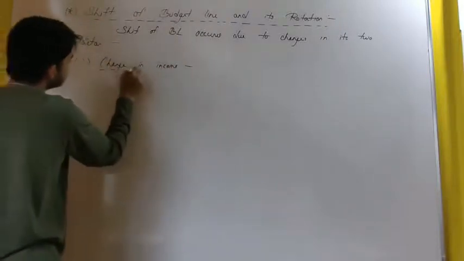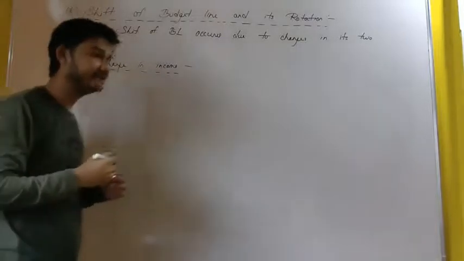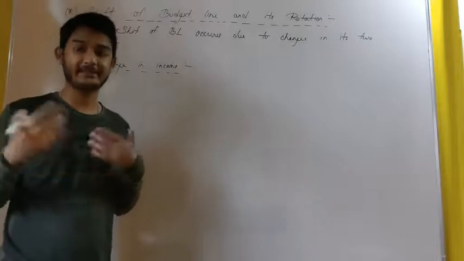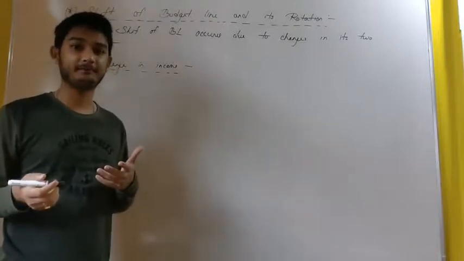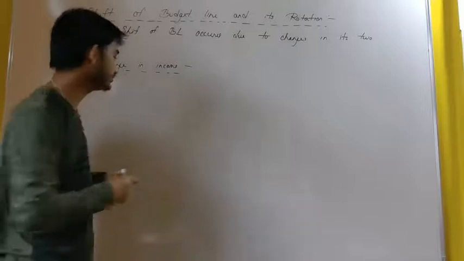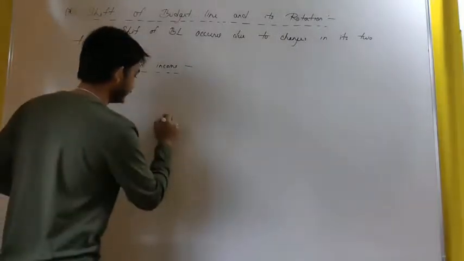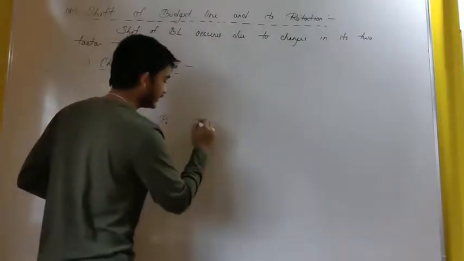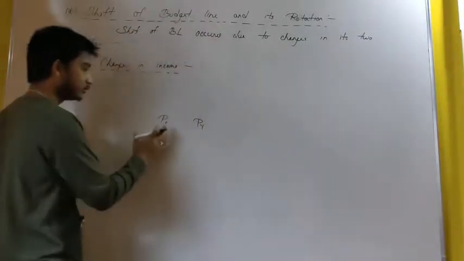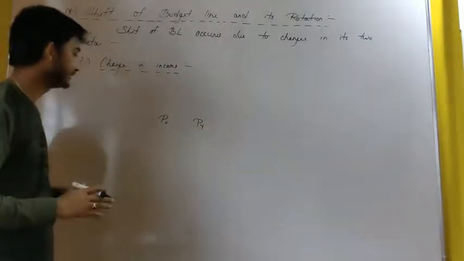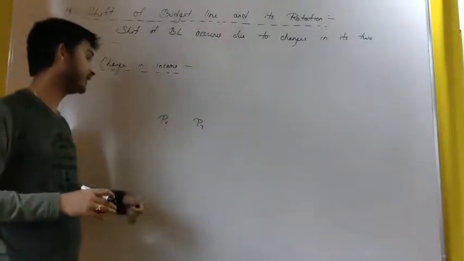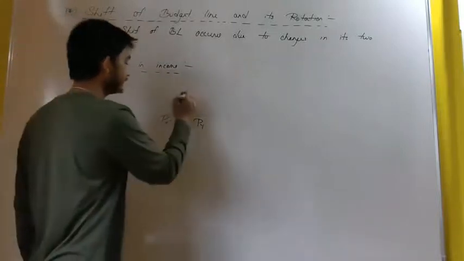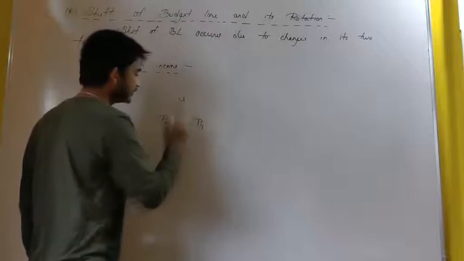Well, if there is change in income, given the prices of the two goods, budget line will change accordingly. That means, given the prices of two goods, I have a price of good X, which is Px, and price of good Y, which is Py. So, given this price of good X, if the income of the consumer, which is denoted by M,